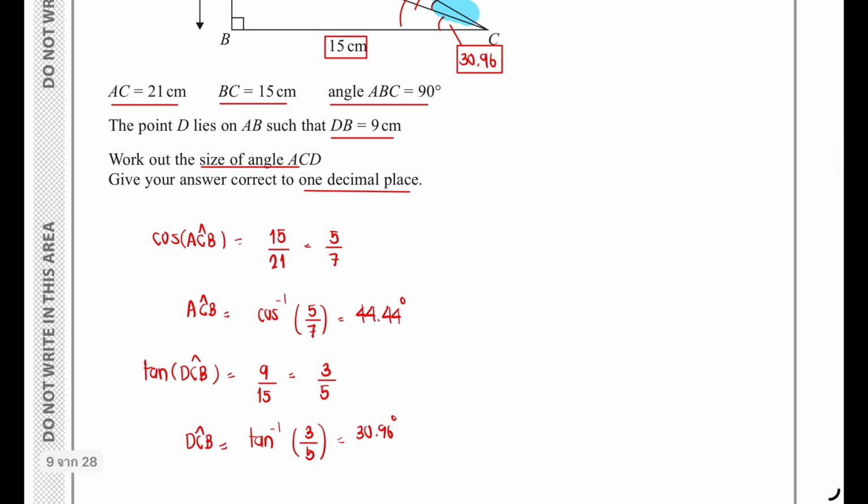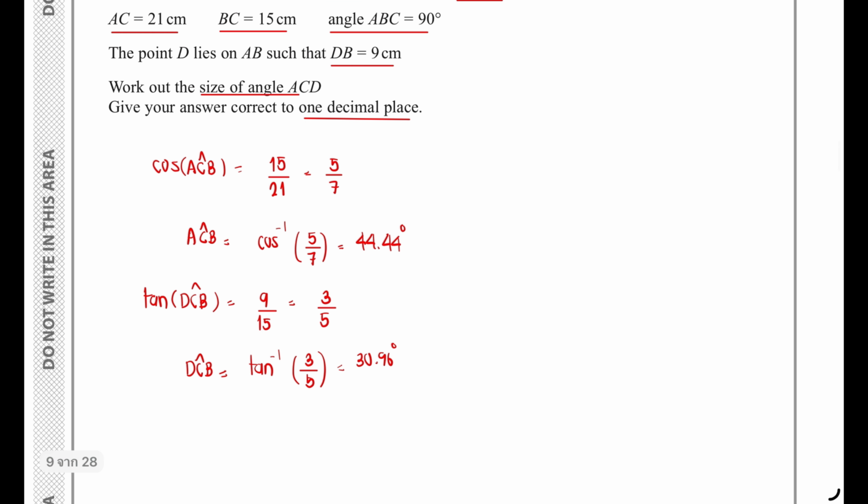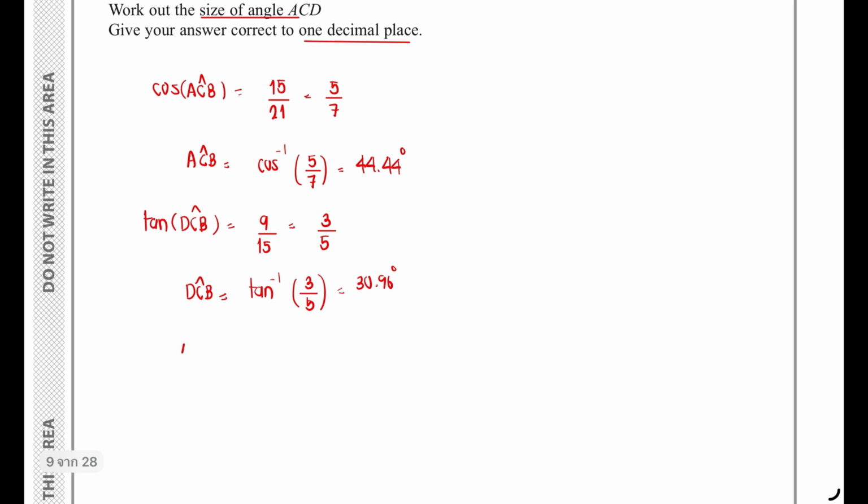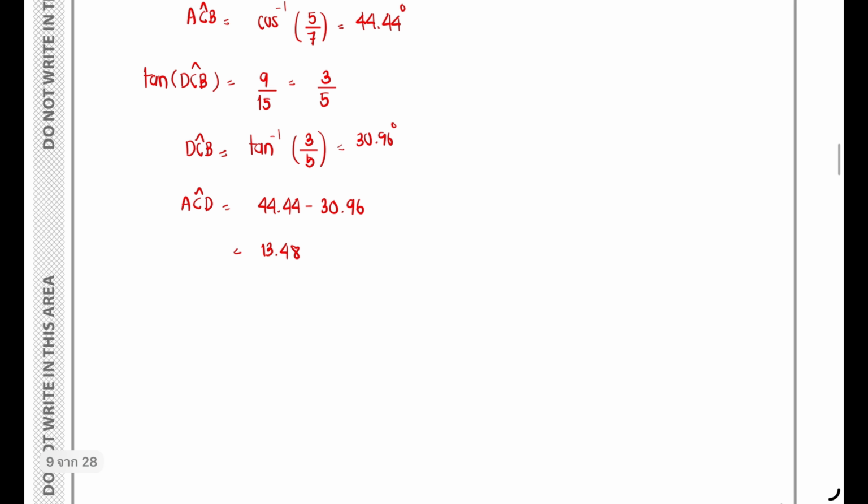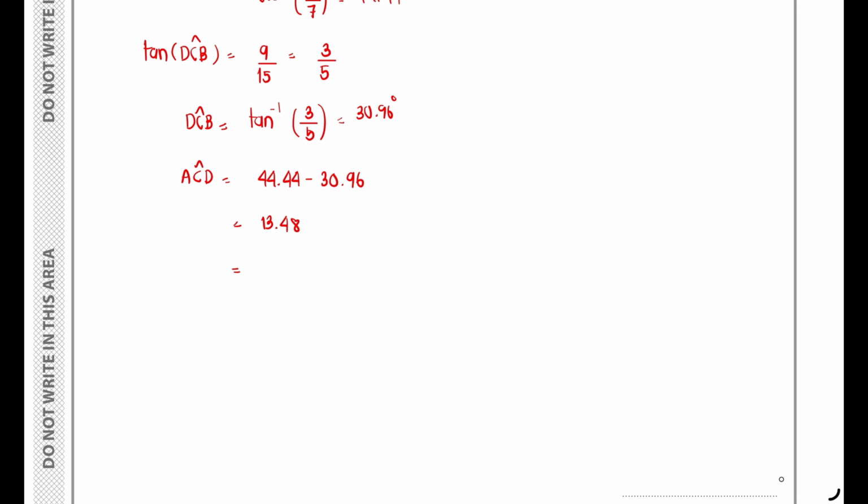So in order to find the angle ACD, it will be equal to 44.44 minus 30.96, which is equal to 13.48. But we have to answer to 1 decimal place, so it is equal to